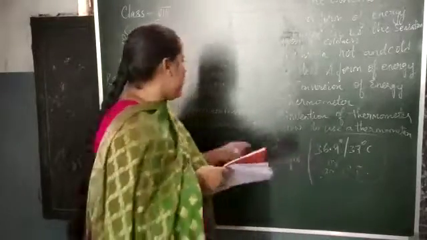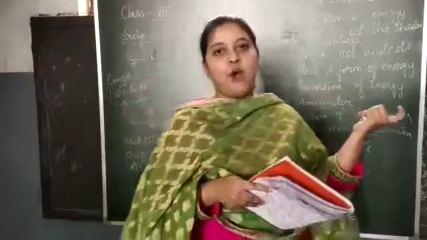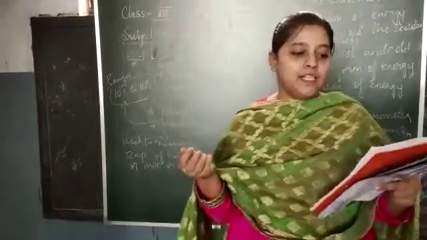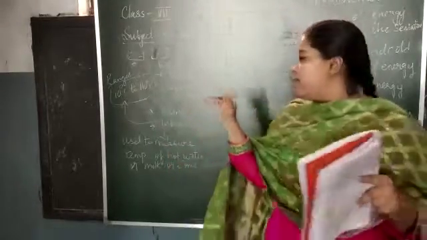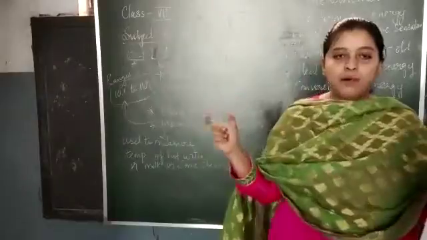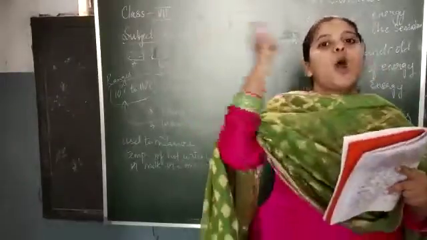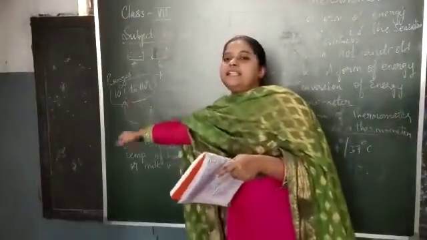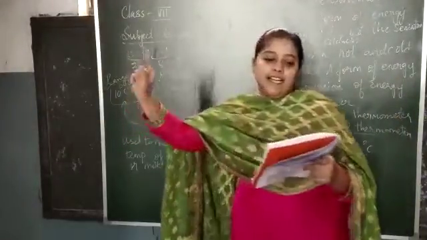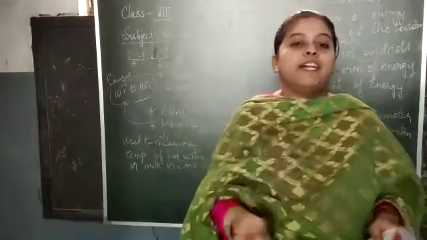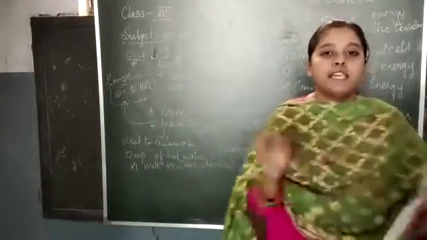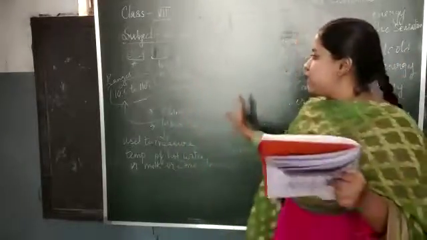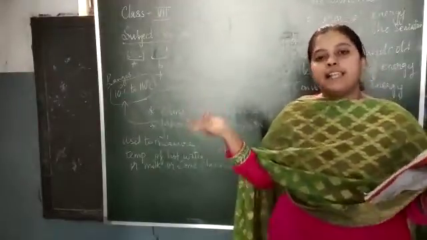Now coming to laboratory thermometers. Usually laboratory thermometers, we can use to measure hot water, milk or some chemicals, but we cannot measure our body temperature with a lab thermometer because it will be very big. It ranges from 10 degrees Celsius to 110 degrees Celsius. Human beings cannot measure the temperature of our body with laboratory thermometers. We can just measure hot water, milk and some chemicals.